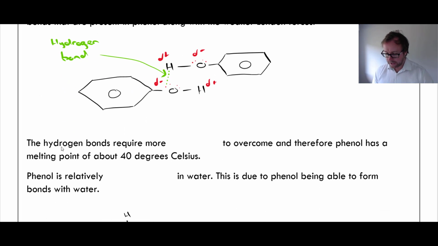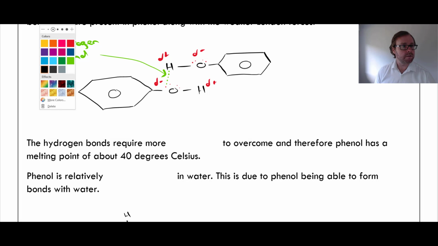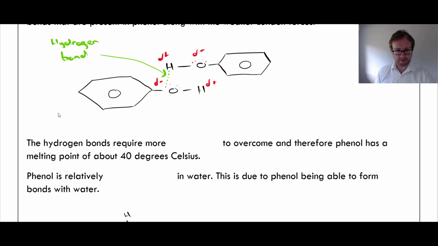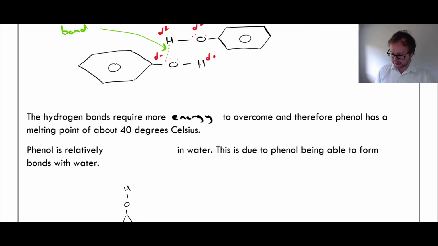So moving on. The hydrogen bond requires more energy to overcome, and therefore phenol has a higher melting point of about 40 degrees Celsius compared to benzene. And phenol is relatively soluble in water. You might see this described as partially soluble in water, and this is due to phenol being able to